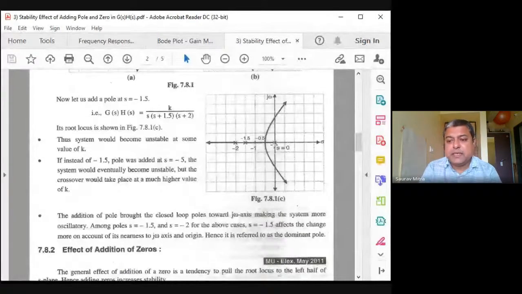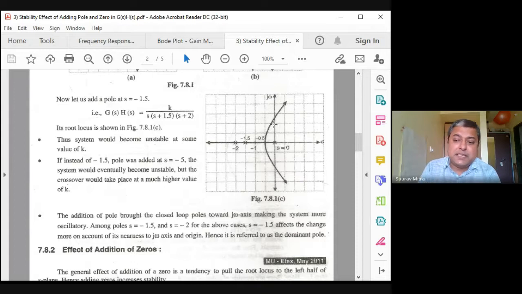Now from that four pole system, what I am doing is four poles and 1 zero. You have to do that to convince yourself first. As soon as you do four poles and 1 zero, you will find the root locus will look more like this. On the left side there will be a little change, but on the right side, the two poles will collide with each other at the breakaway point and go to infinity. So in the fourth case, there are 4 poles.